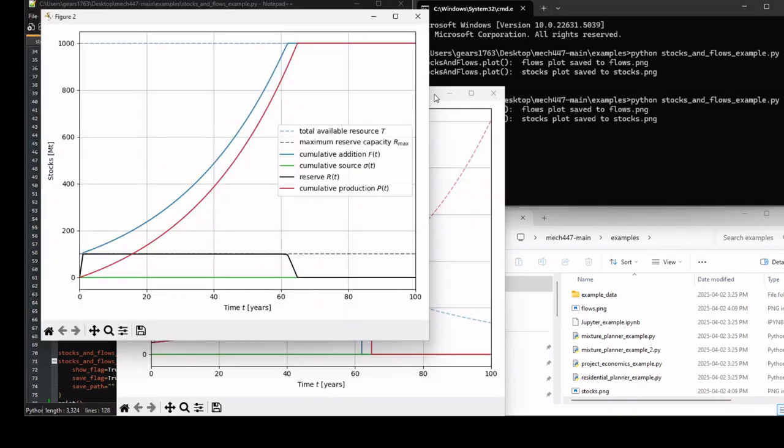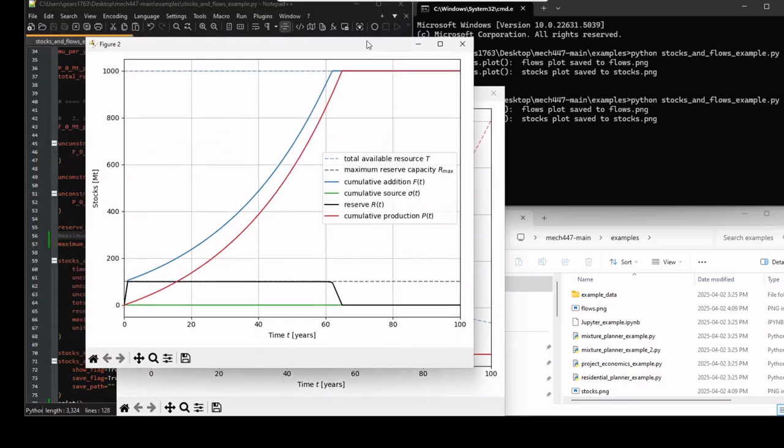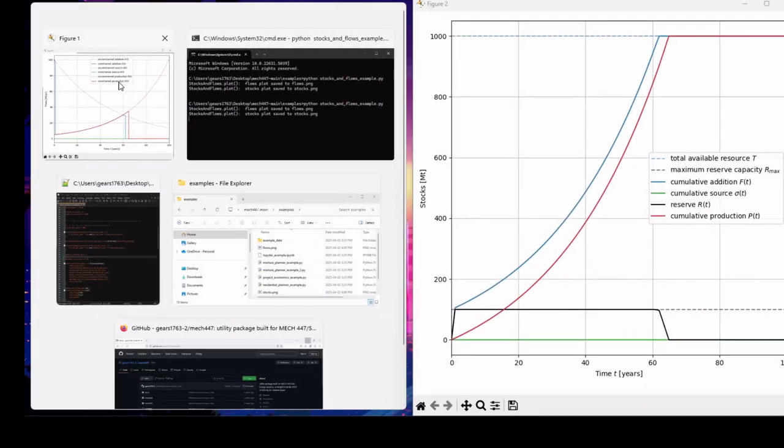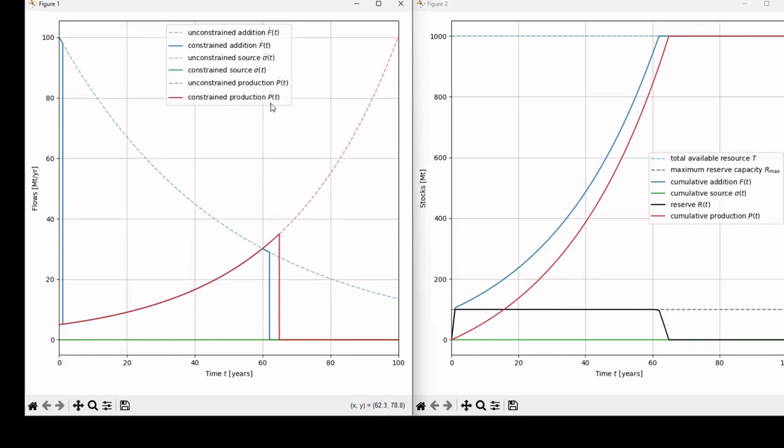All right, now we have this. So we'll put our stocks on the right. We'll put our flows on the left. So now our reserve is bounded. It can only accept up to 100 megaton. All right. So if we look at what's going on here,